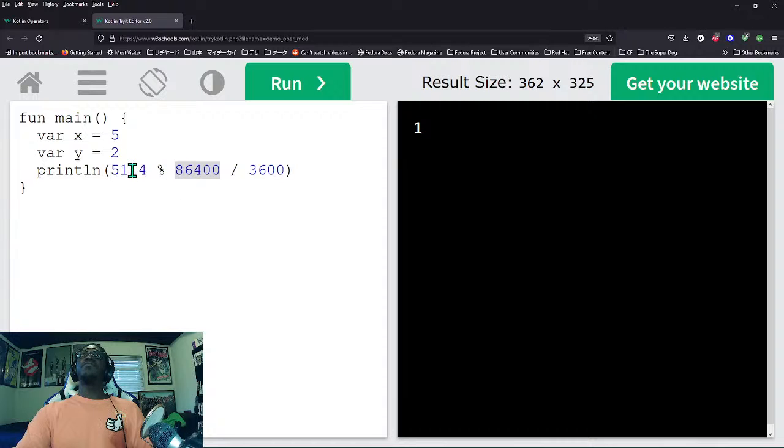It's not 5,114 mod 86,400, but we know that 5,114 divided by 3,600 equals 1 point something. It's either this is processed first or this is processed first. If it's this first, then the answer would be